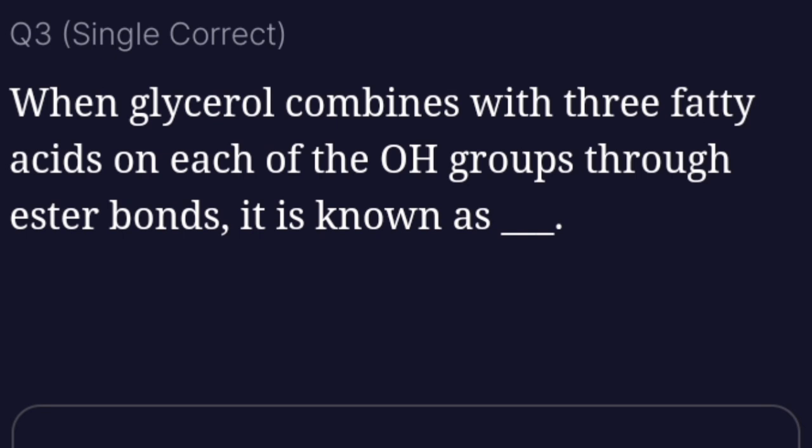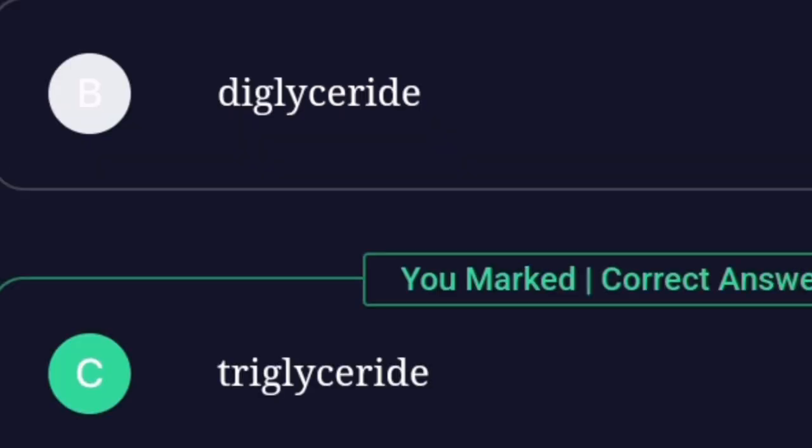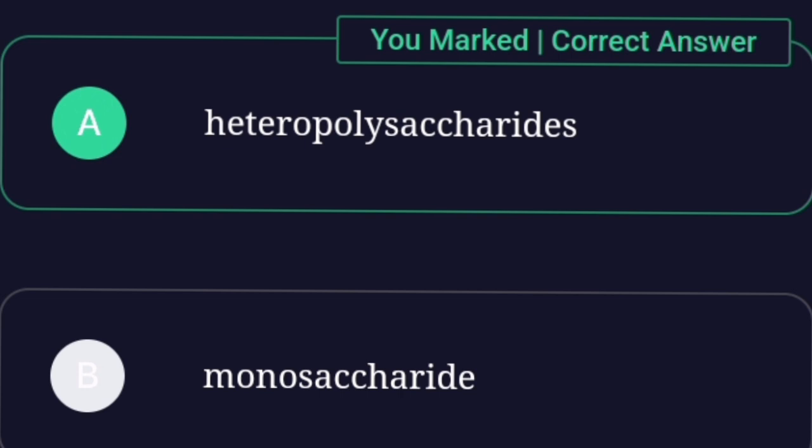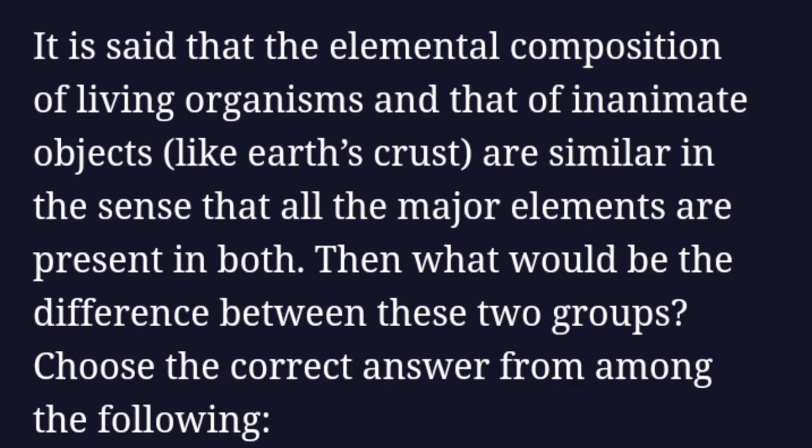Tertiary. When glycerol combines with three fatty acids on each of the OH groups through ester bonds, it is known as triglyceride. Gums are heteropolysaccharides. It is said that the elemental composition of living organisms and that of inanimate objects like Earth's crust are